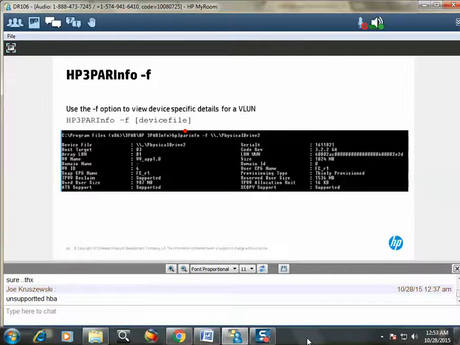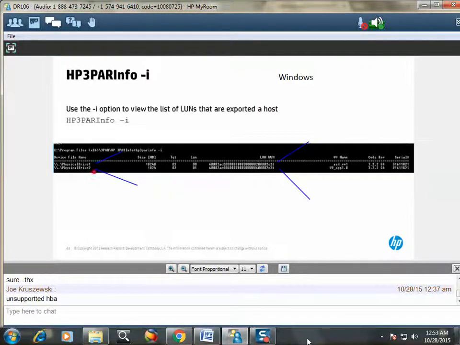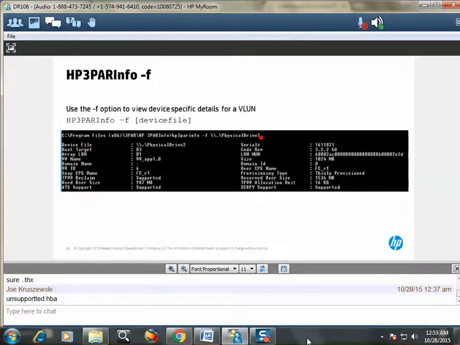Here they do an hp3parinfo -F, and -F for file means give it a device file name. Now this is a Windows device file name here, right? So this is physical drive 2. Just to back it up, they're drilling down into this physical drive 2 here. And you see, just to give you some highlights here, the serial number of the array, the version of the OS, the worldwide name, the name of the volume, the LUN number,